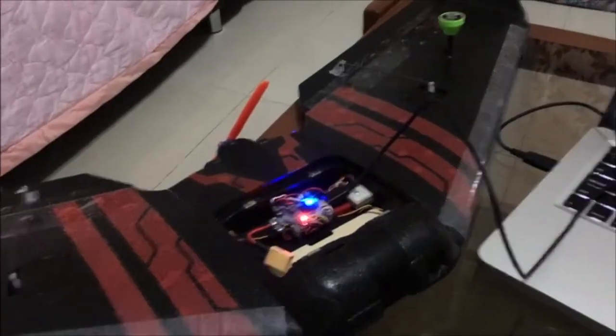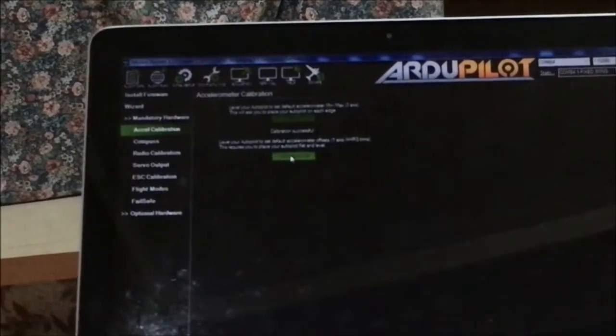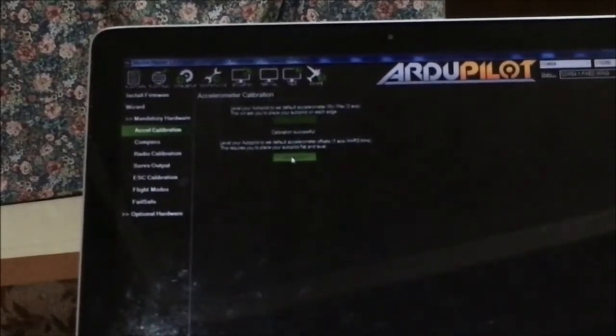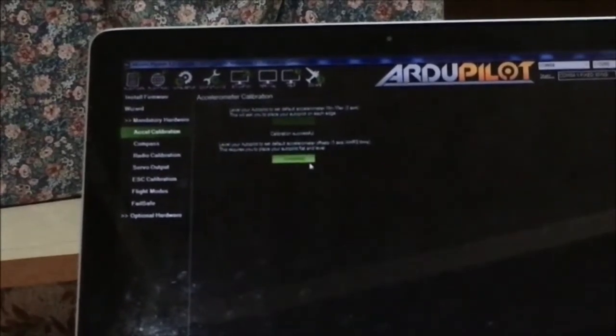The plane down here on the table. You can perform the second level of calibrating the accelerometer. So this is the second button here. Just click it. This button. Wait for it to finish. So it's now indicating that the calibration has completed. Okay, proceeding to the